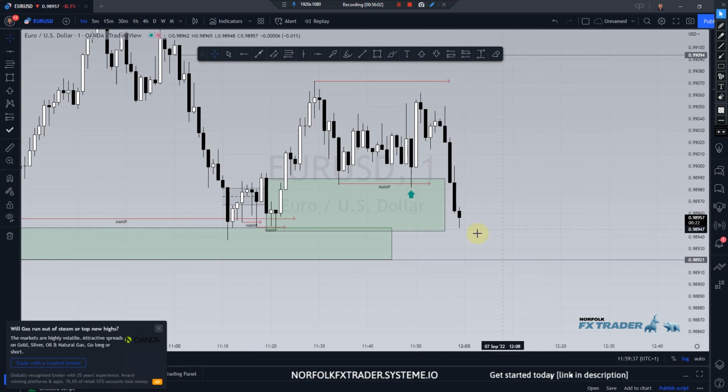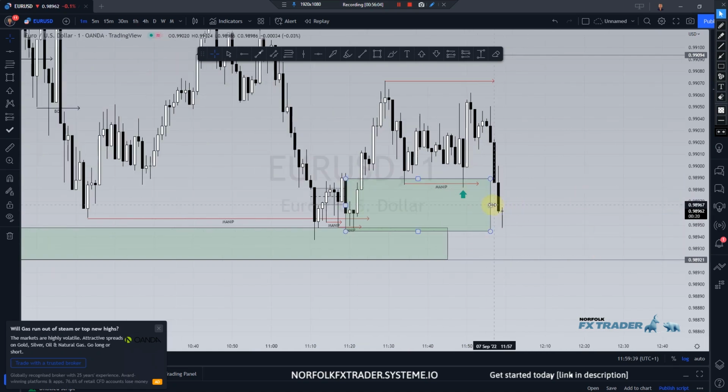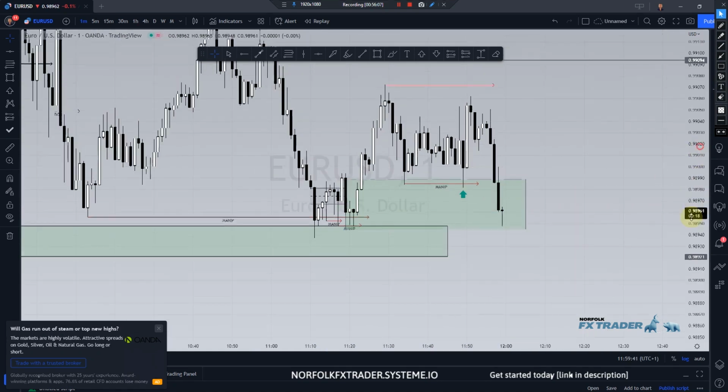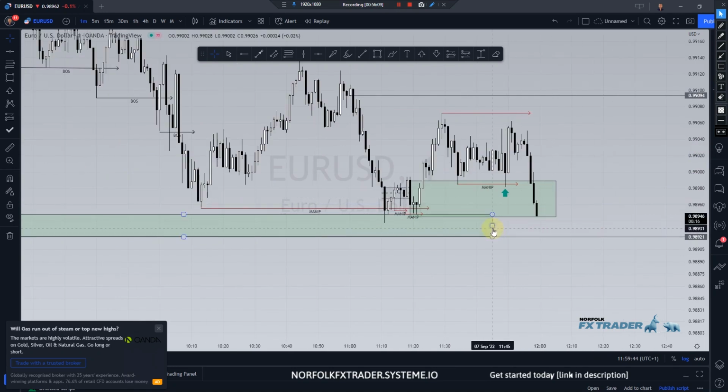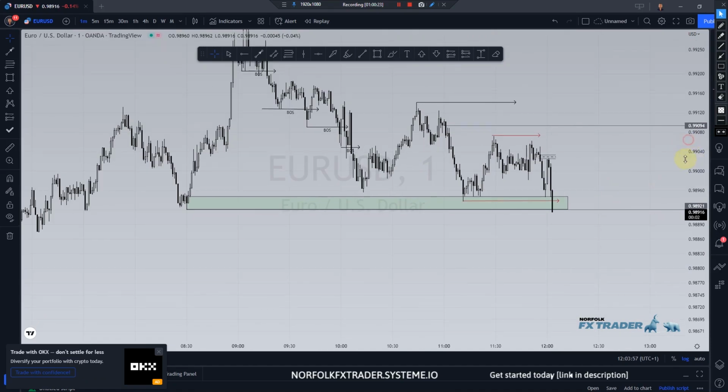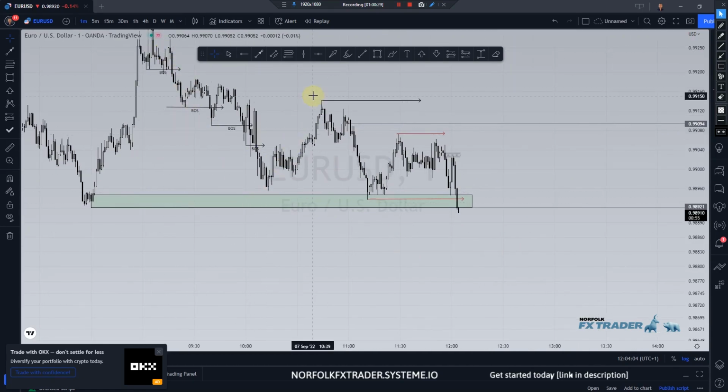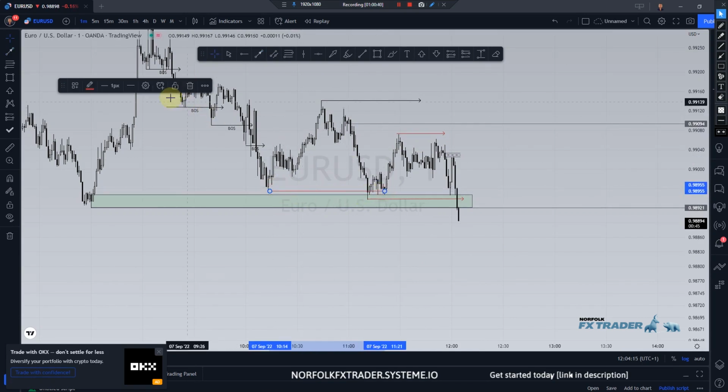So that now shows me that we're going to remove this area of demand potentially and continue to go lower to remove this demand. That shows me the continuation now to downside and a potential trend reversal. Though we can still look to trade these areas to downside. There was no trade here for me to take, not what I would prefer to take. We still had a break of structure here to downside,